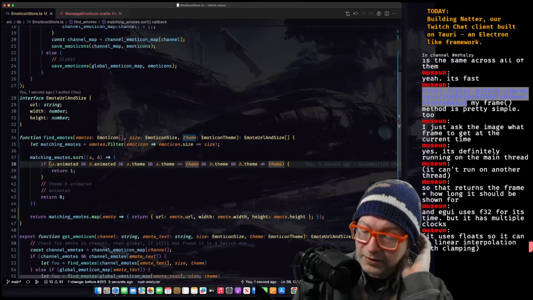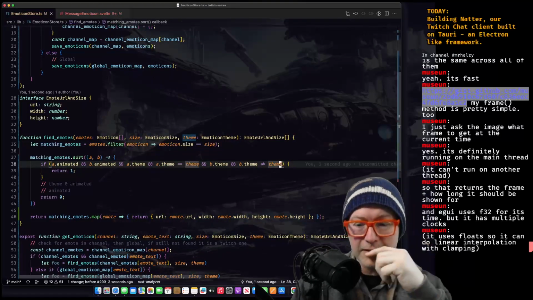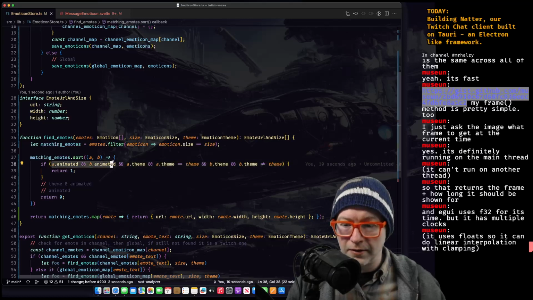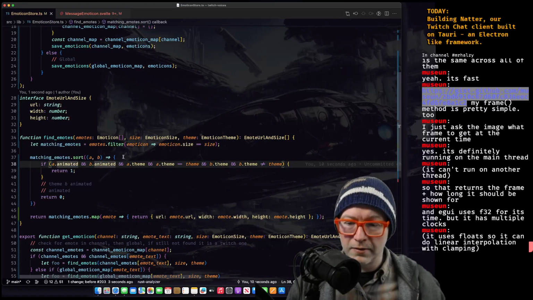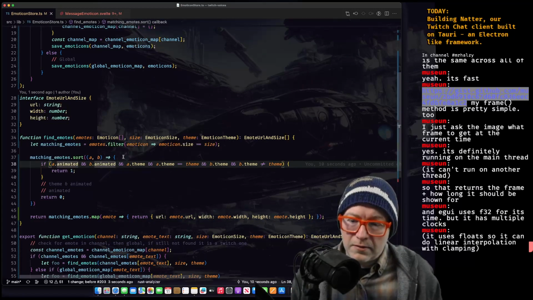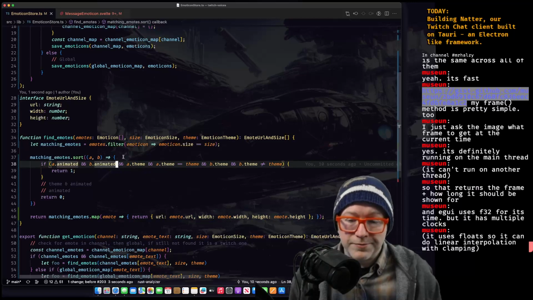I mean, this is just, oh man, I can't stand that. Because we could just do theme and then animated, but trying to combine them. For the ones where they're both animated, having a theme match is better than not having a theme match. So it's going to be some convoluted truth table.